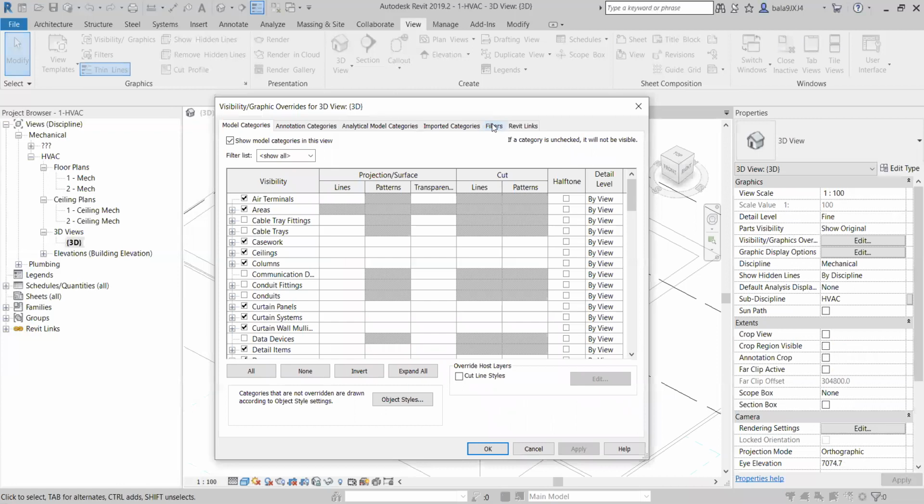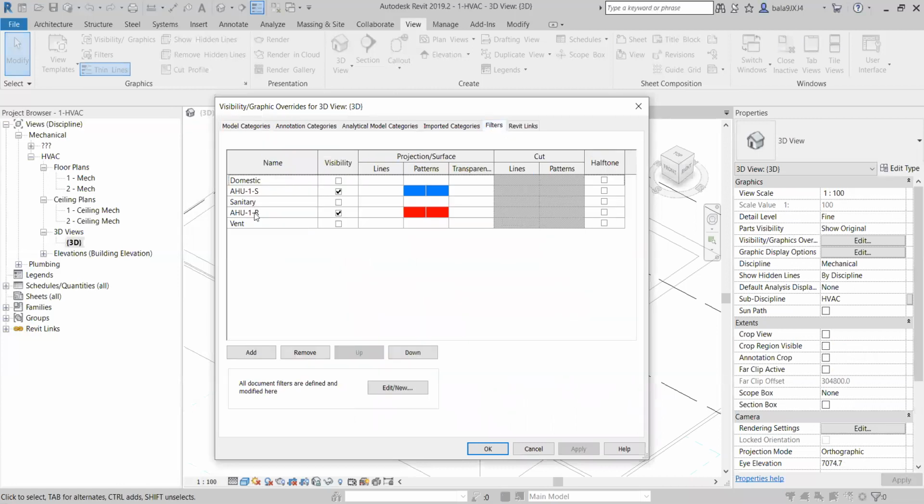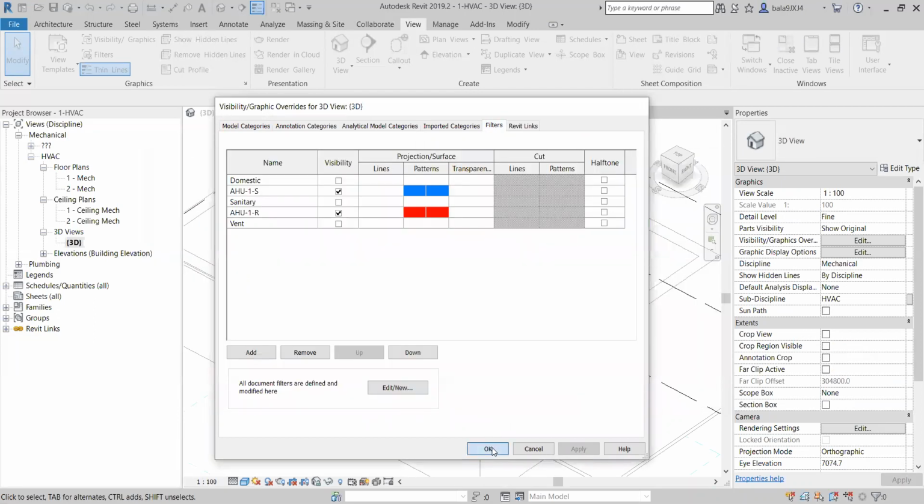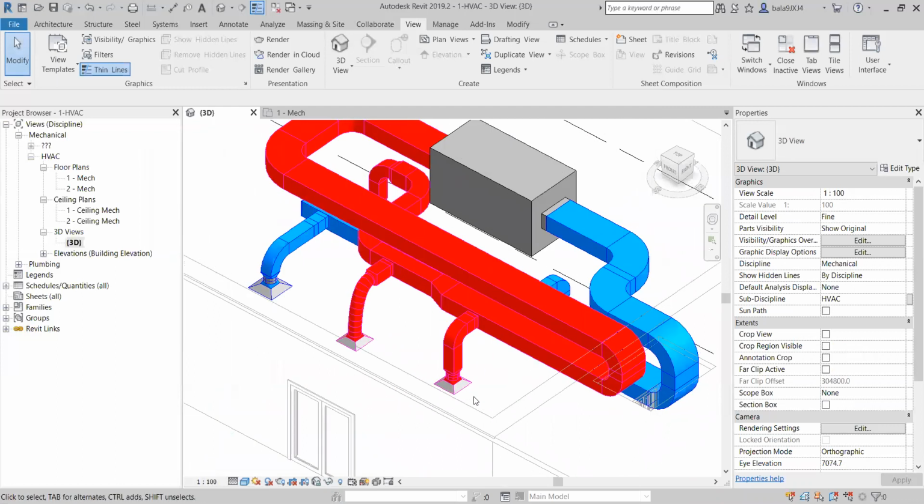In the filters, now I am going to this return, go to edit here. I have not chosen flexible duct. Can you see? Try to understand the concept. Flexible duct I have not chosen. If I add this flexible duct here, I will get it for the flexible.